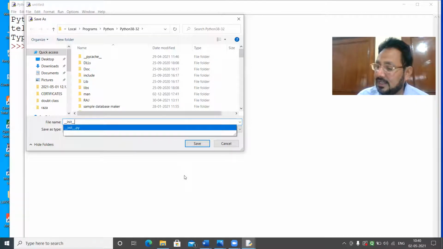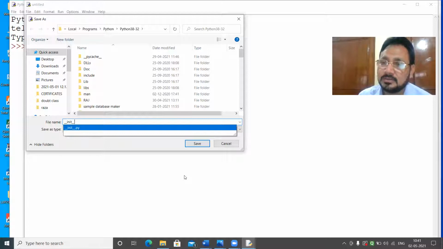You can even add an empty file having the name __init__.py in a folder to make it a Python package.